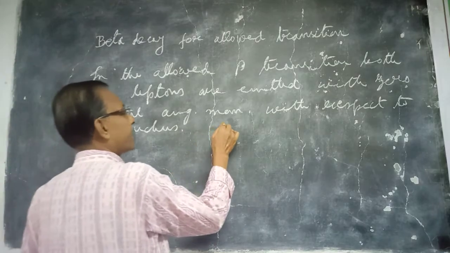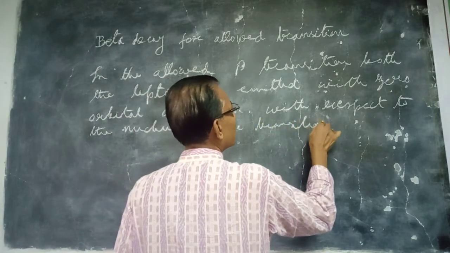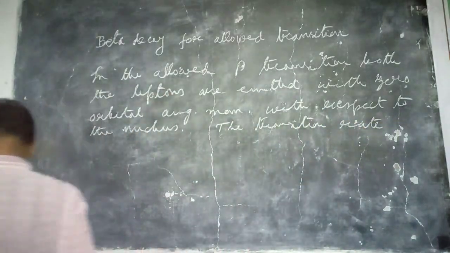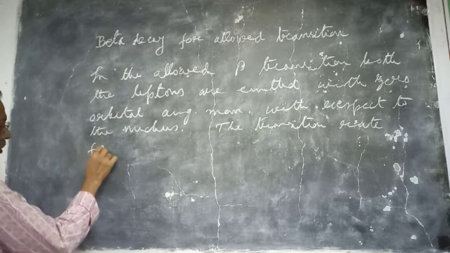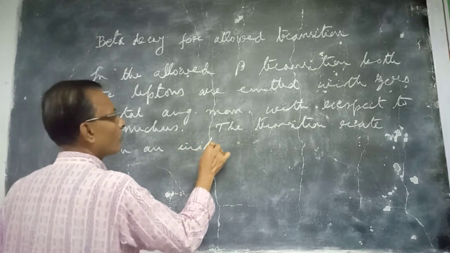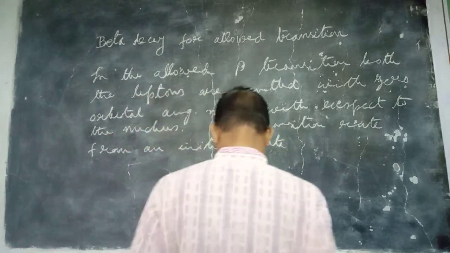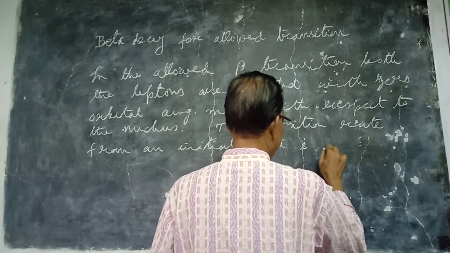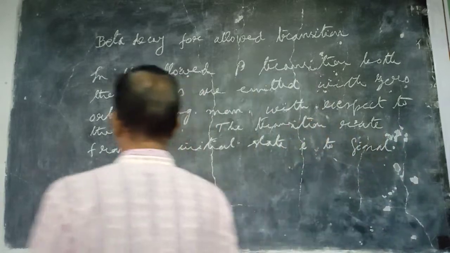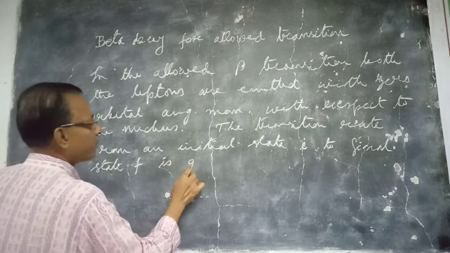Therefore, the transition rate lambda, or the decay constant, from an initial state I to final state F is given by